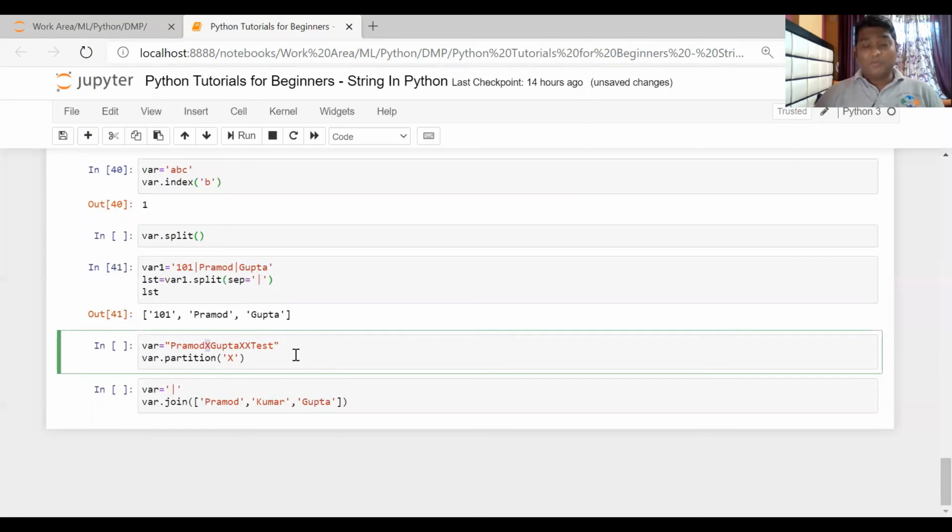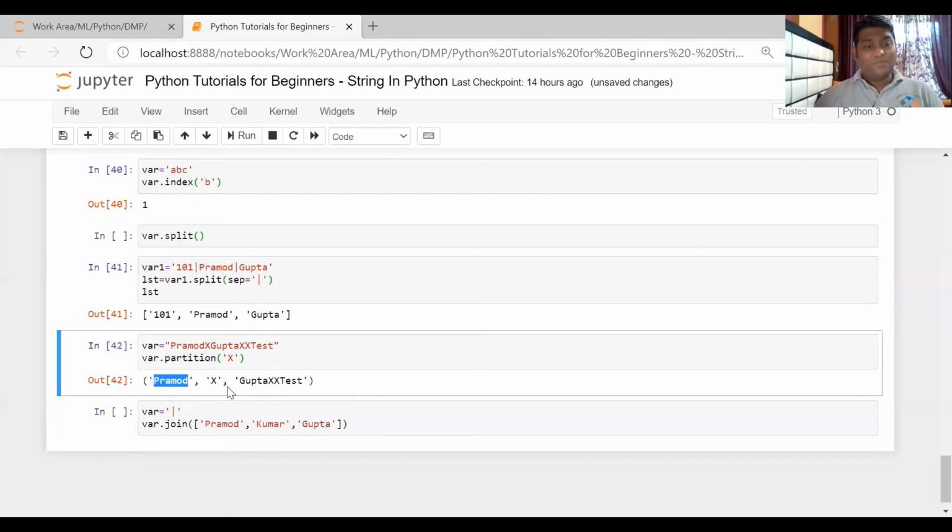So it returns you a tuple, and it always gives you three values in it: before part, separator part, and after part. If I execute that, you will see the before part, the separator part, and the after part. Note that only the first occurrence of the separator will be separated, and it will always return a tuple with three elements inside it. What a tuple is, I'm going to cover in my future videos, so don't worry about it now. So this is your partition function.